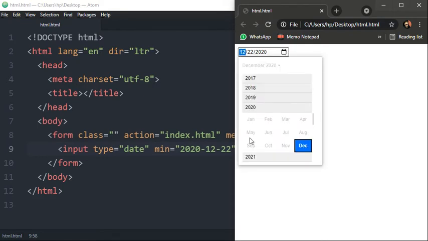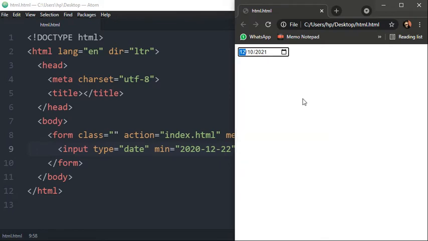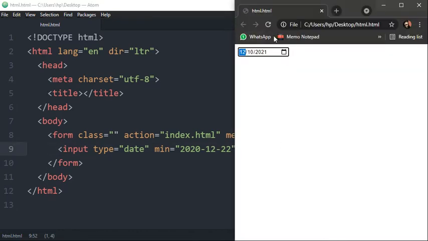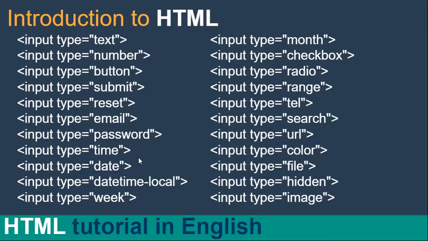User cannot go beyond December 10, 2021, because we have mentioned this maximum range December 10, 2021. So this is how you can select your input type on the basis of the information you want to get from user. Okay, so next is we have discussed time, date.